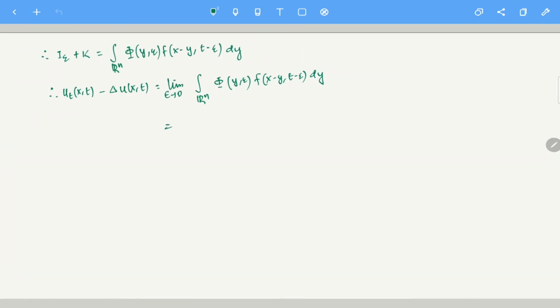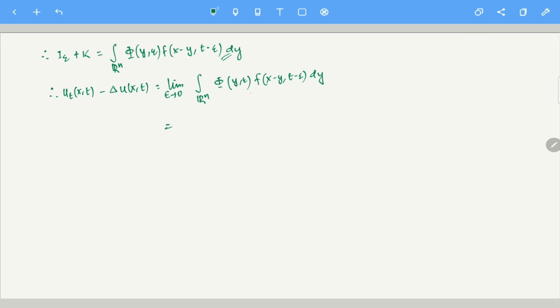So I epsilon plus k will be the limit as epsilon tends to 0 of the integral over Rn of this, because I epsilon plus k of this is this. Now here I am going to write one thing which I want you to verify, as epsilon tends to 0. I am going to write down the value of this thing. Just take a second and think about what happens to the value. Pause the video, think about it, and then come back.